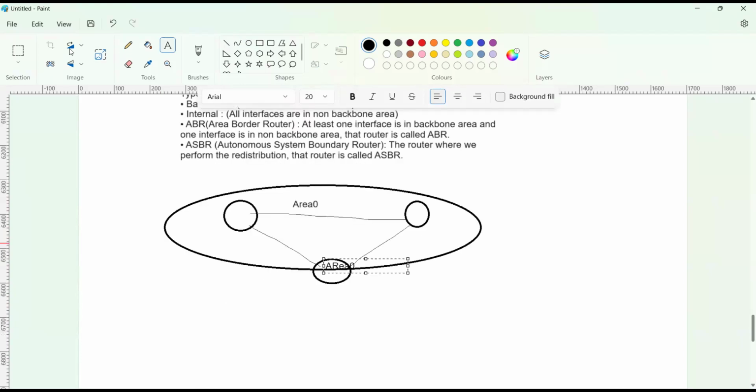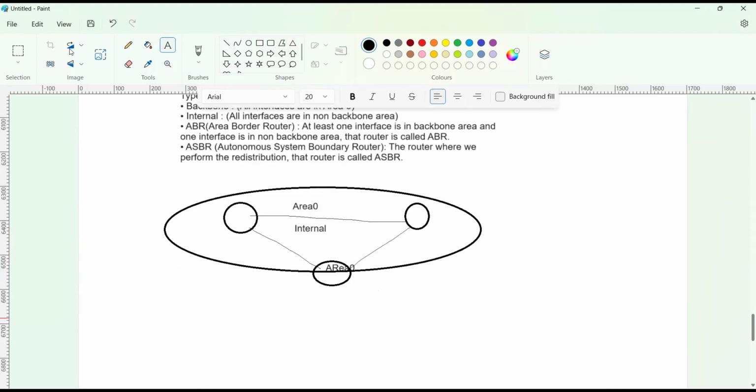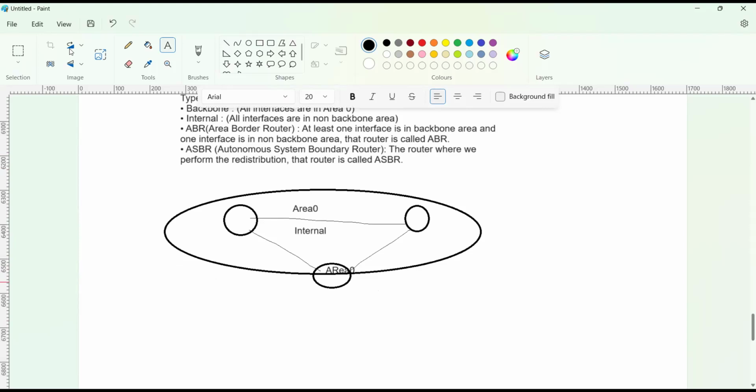These are the internal routers, this one and this one, both are internal routers. And one interface is in area 0 and the other interfaces are like